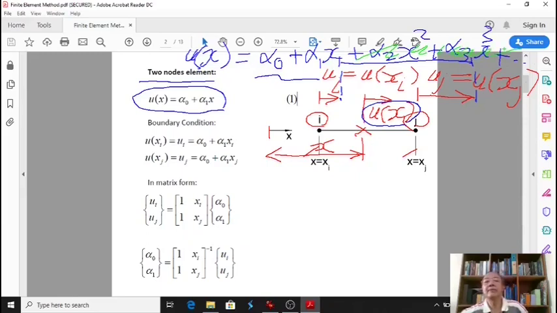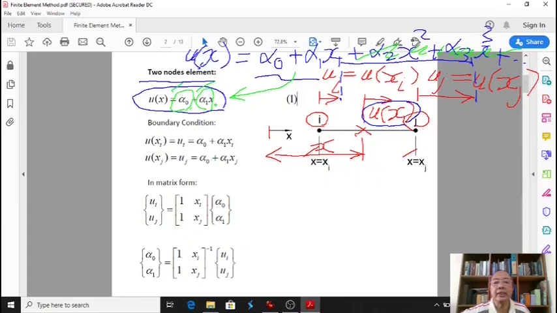We just consider alpha 0 plus alpha 1 x, where alpha 0 and alpha 1 represent constants. So in finite element, we need to find alpha 0 and alpha 1 first. We have two parameters here, alpha 0 and alpha 1. So how to find alpha 0 and alpha 1? We need two